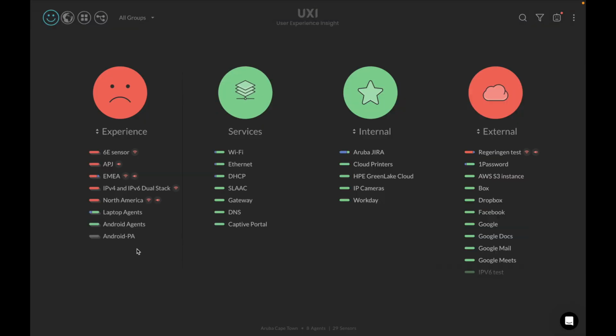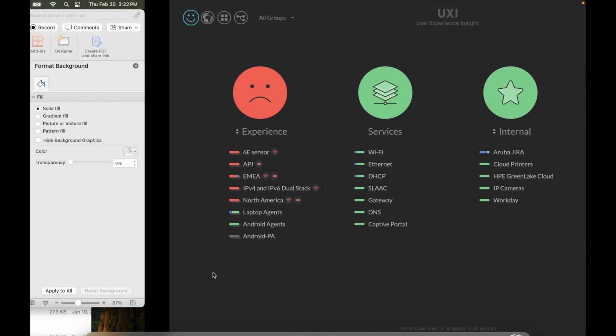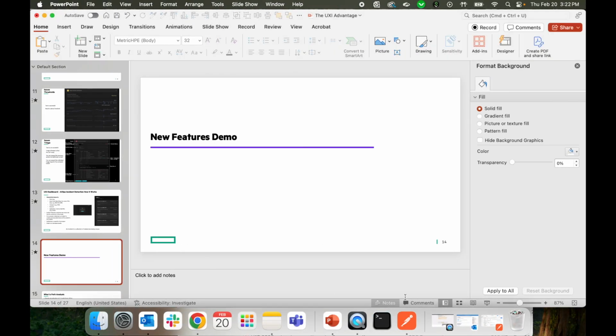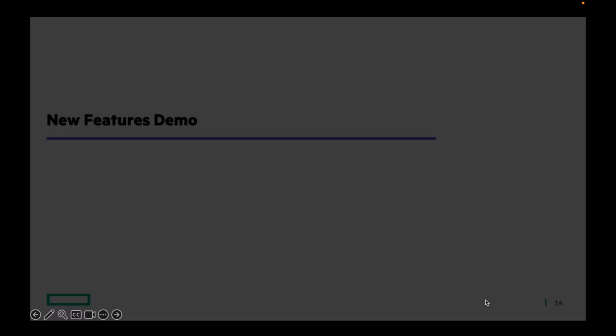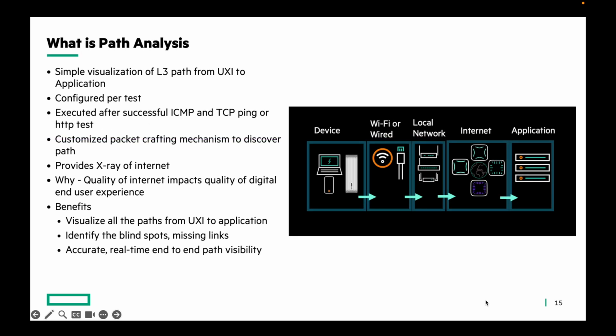All right. So this is what we have today, right? So let me cover the main new features demo first, right? So let's look at them one by one. So the main feature that we launched last year, actually, during our conference event, which is HPE Discover, is